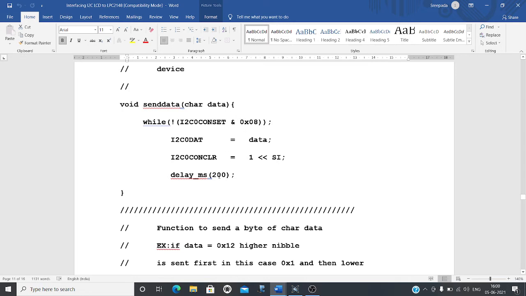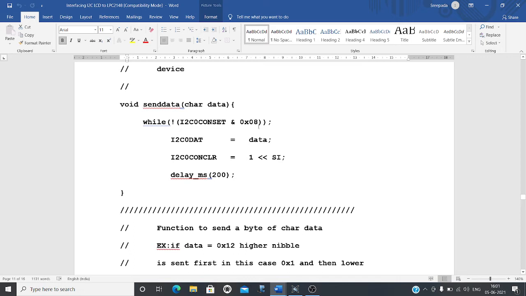When you look into this function, the first instruction is a while loop: I2C0CONSET & 0x08. Sorry, 0x08 is not the status code, but it belongs to the serial interrupt bit.